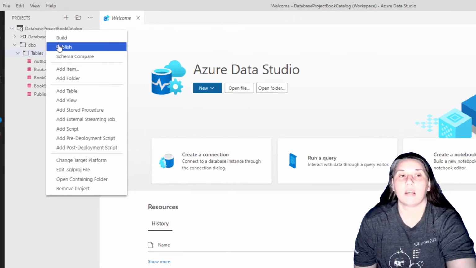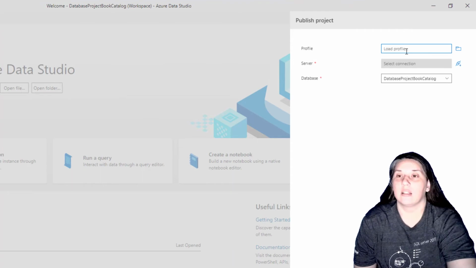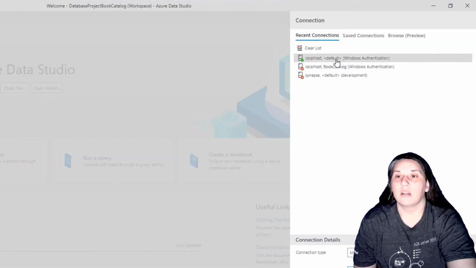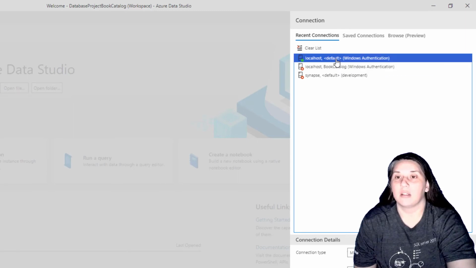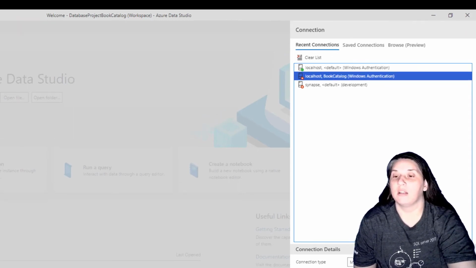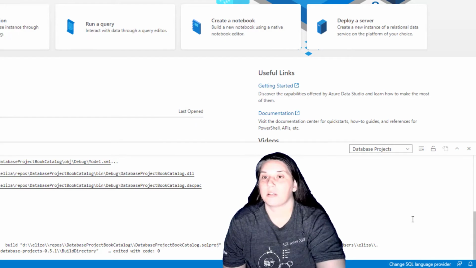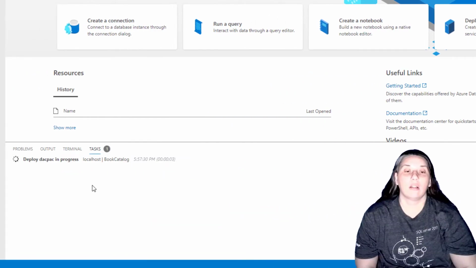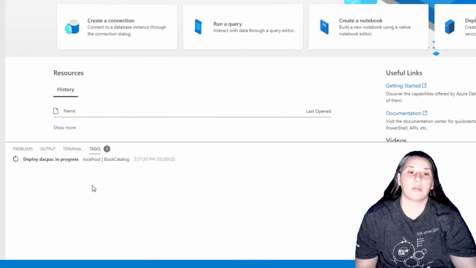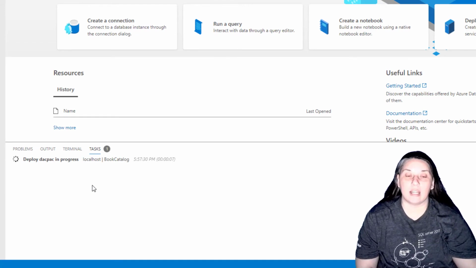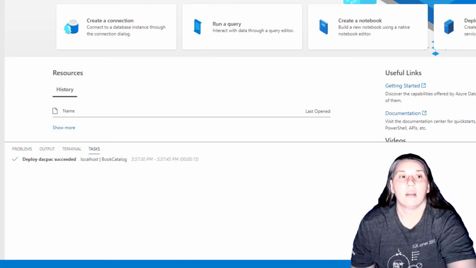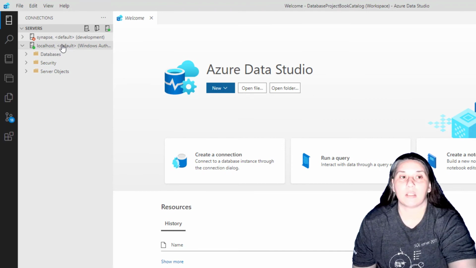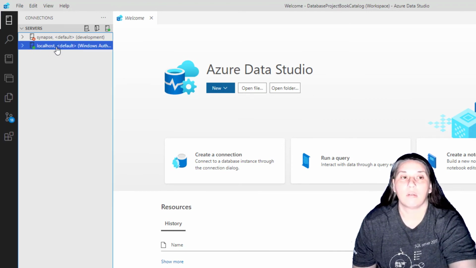So if I right-click and I go to Publish, I can select a profile, which we don't have one of those yet, and that's okay. But I can also select my connection. So I'm going to select the connection directly to Book Catalog, and then Publish. Once again, the section down below is going to start going through the process of deploying that DAC pack, and it's now succeeded. If we go back to the database and we hit refresh